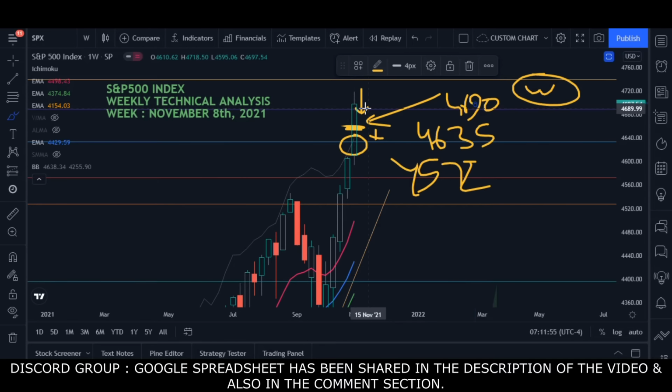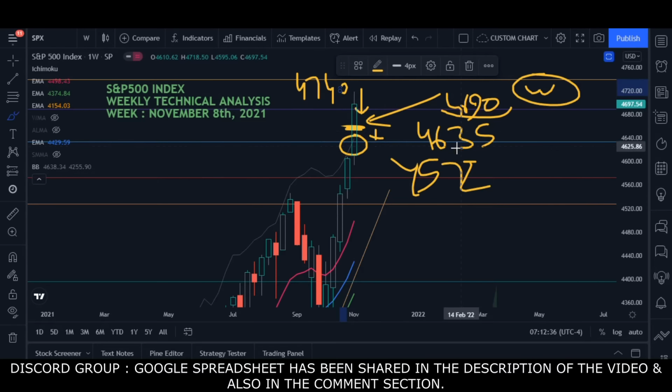The market opened above 4690, at around 4700, and then moved up to 4715 or 16. Because this was my strong resistance and the market disrespected it, I was almost 100% sure the market would come down, which is why I bought puts, and it gave me 168% profit. Anyway, this is the resistance. Then thereafter we have the final resistance at 4740. So these are the supports and resistances.